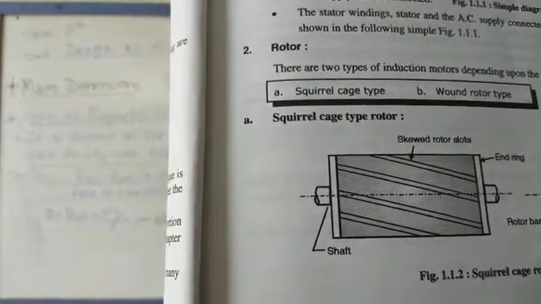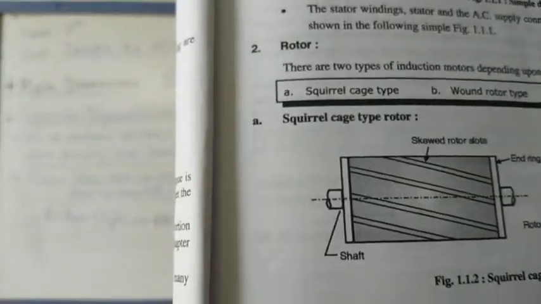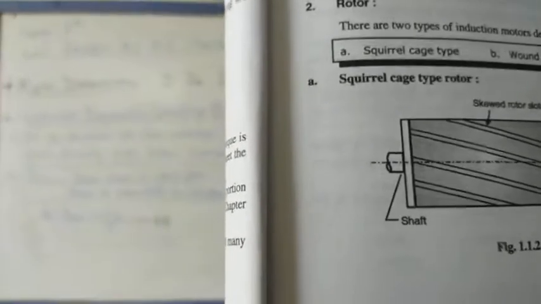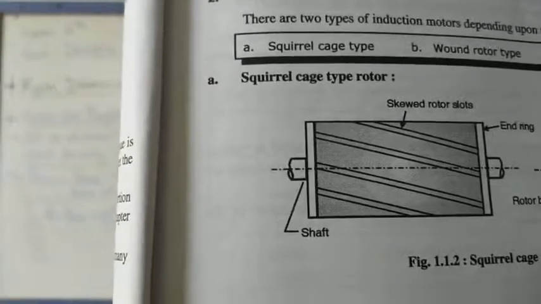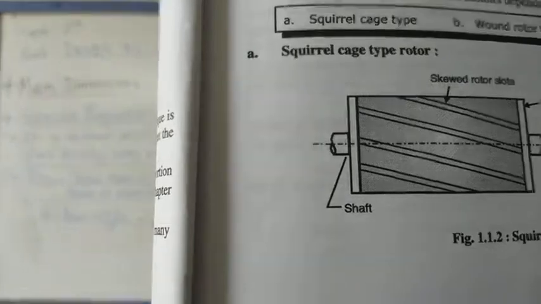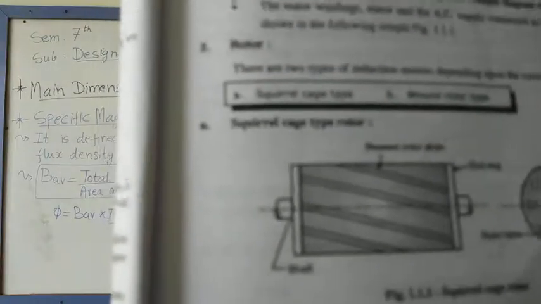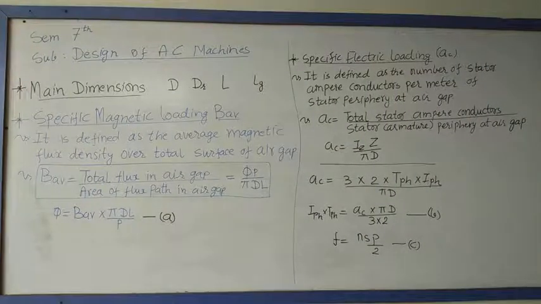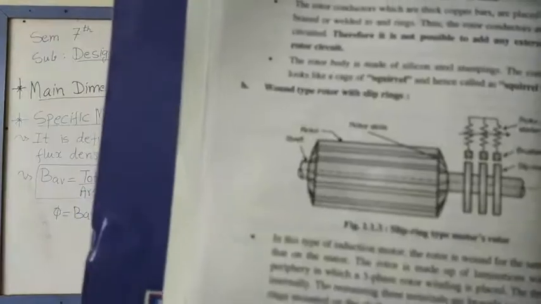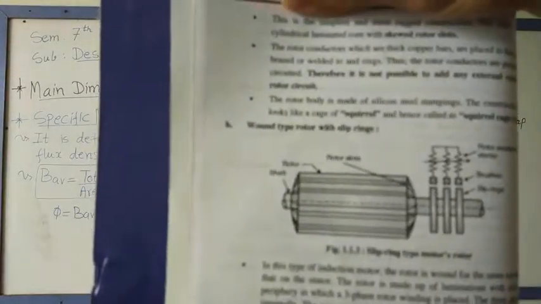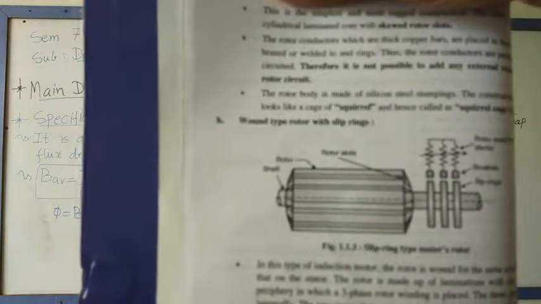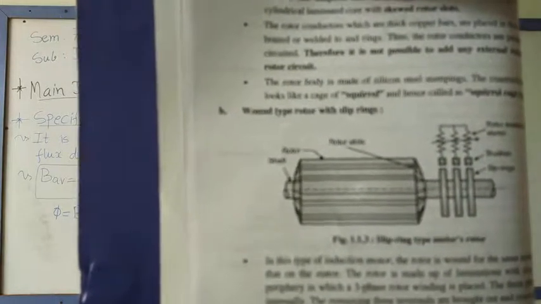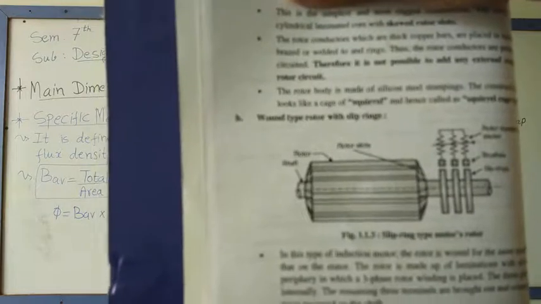Two types of different rotor are available according to the construction of the 3-phase induction motor. This one is the wound type, and the second type of rotor is the squirrel cage type. You learned both in the AC Machine subject of the 4th semester. This is not new for all of you. These are topics already covered in your semester 4.